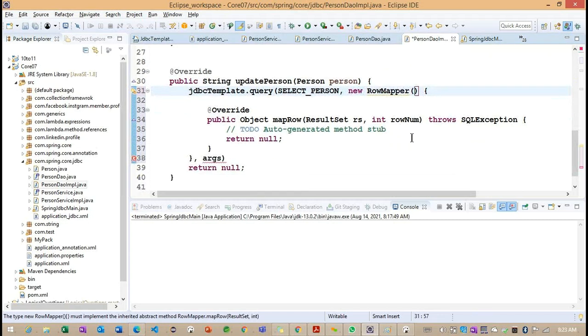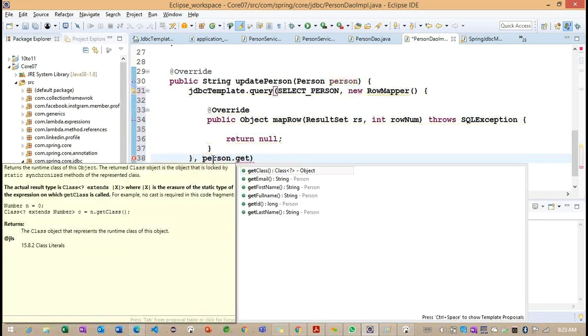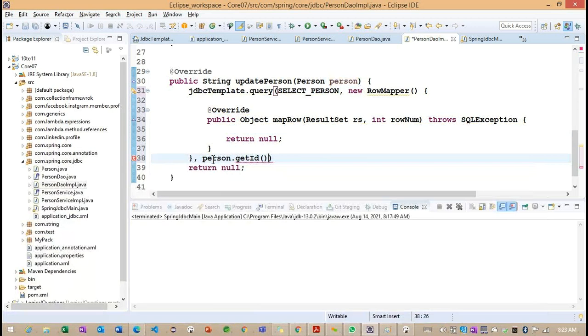Row mapper here. And here, what we can do, first this person dot ID.